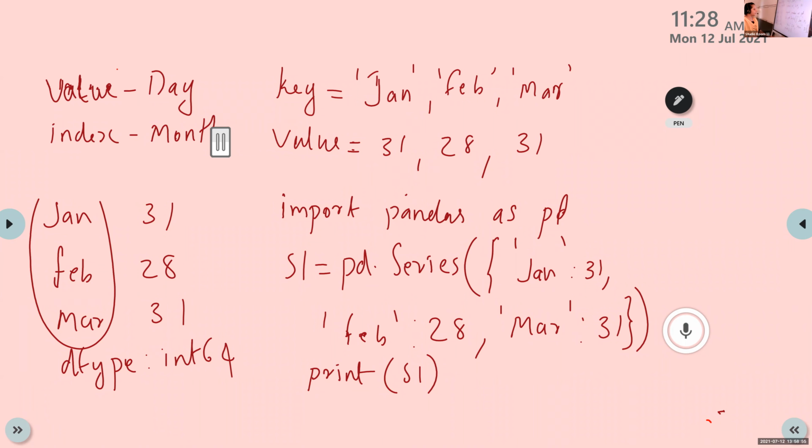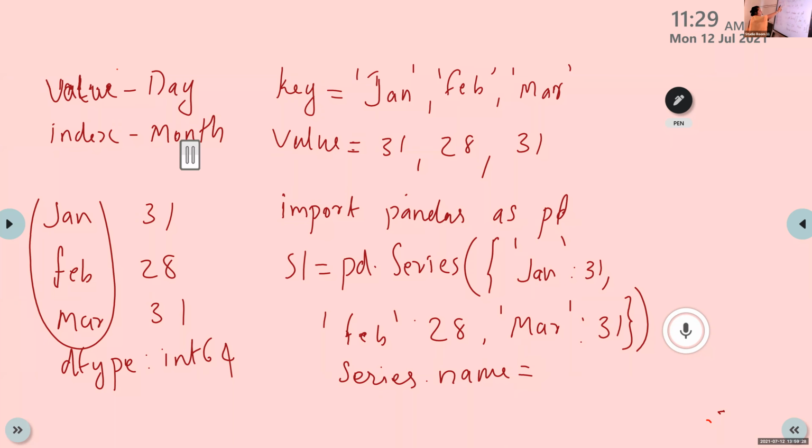So first we create one series using S1 is equal to pd.Series within curly bracket, write the keys and write the values. After that, we write a statement for naming this index and also the values. For that, the property used is name. So just write pd.Series dot name, which is equal to... What is the name of the index?